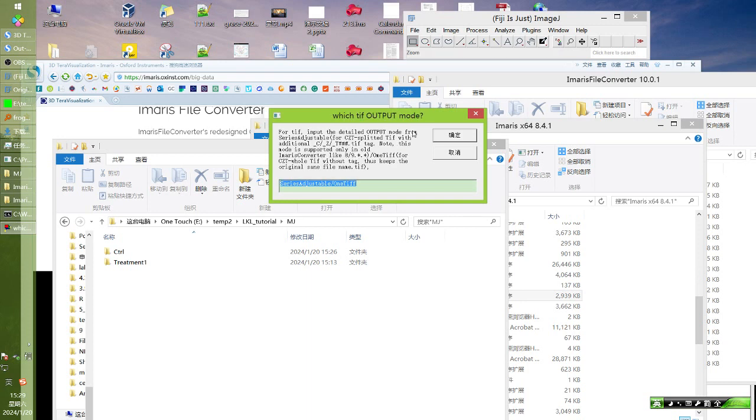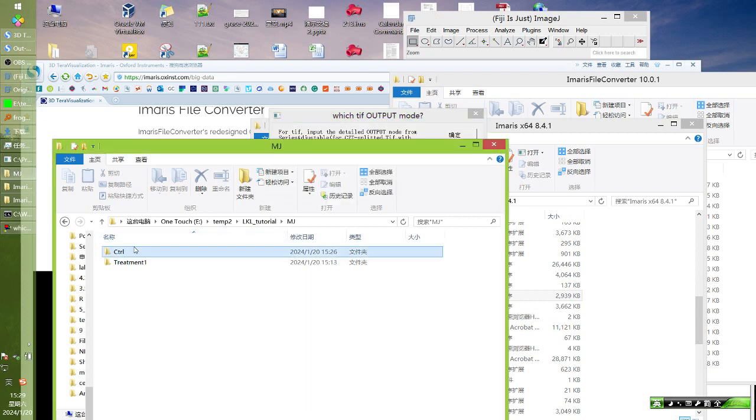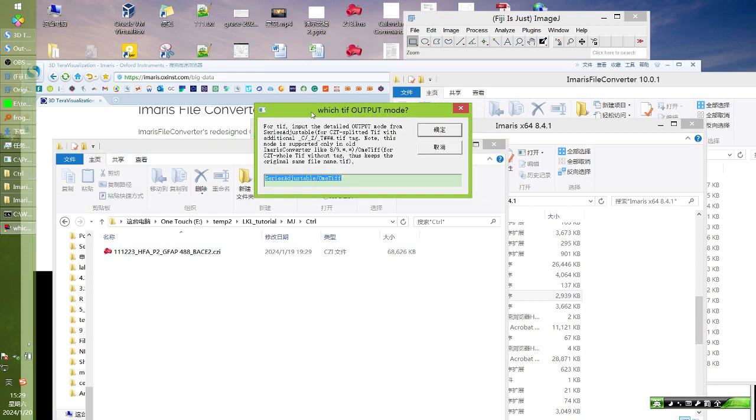which TIFF output? For the TIFF, it is a little bit more complicated because our image can have not only the XY but also the Z stack, and also the channel and the time series. So the CZT makes it complicated. For the TIFF, there are 2 options. The first is a series adjustable TIFF. The second is OME TIFF. So let me explain what the difference is.